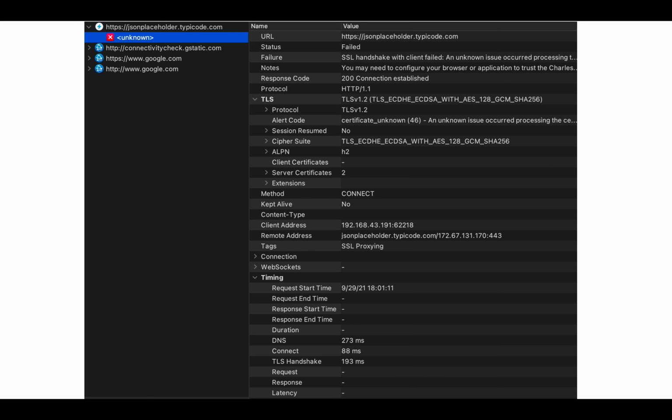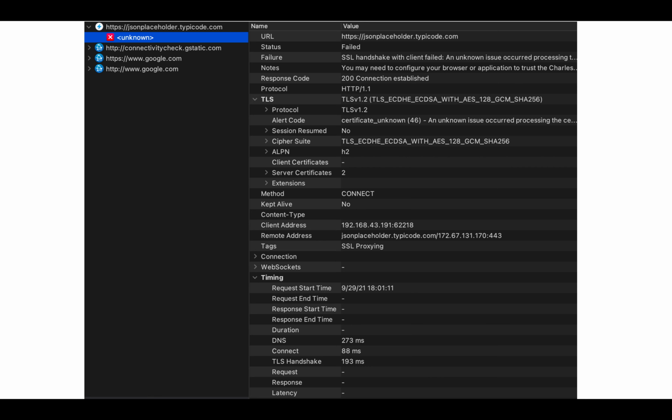After that you will find there is another error, that is SSL handshake with client failed. This is the problem with Android N and onwards, where by default the SSL handshake is disabled.